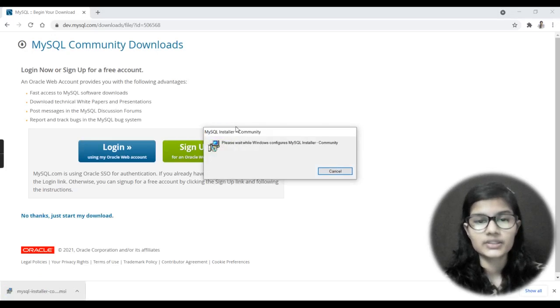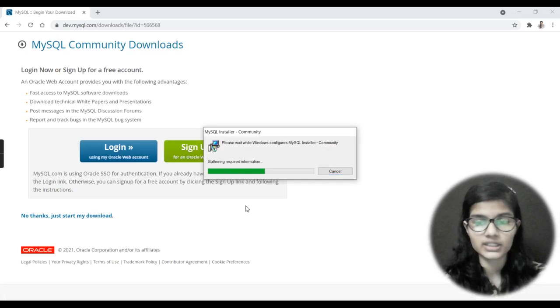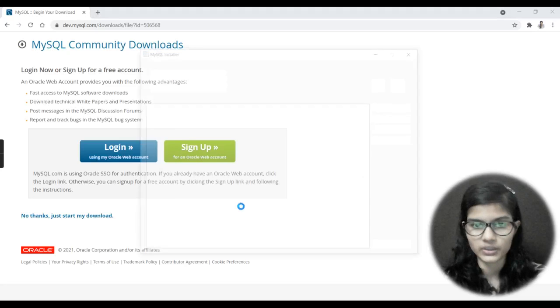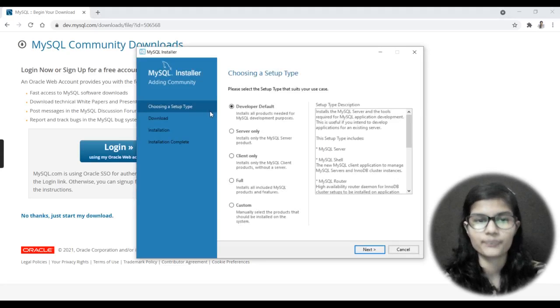Okay. So it is showing that it's preparing for the MySQL installer. Now it is asking me to make changes. I would click on yes. Right? Fine. After clicking on yes, I'm redirected to this place, and it will take a little bit of time. See, it's showing time remaining 6 seconds and something like that. Fine. So it's asking, do you want to allow this app to make changes to your device? So I would click on yes here. Right, do not click on no, otherwise all of the things will be dismissed at that place, right? But we do not want that.